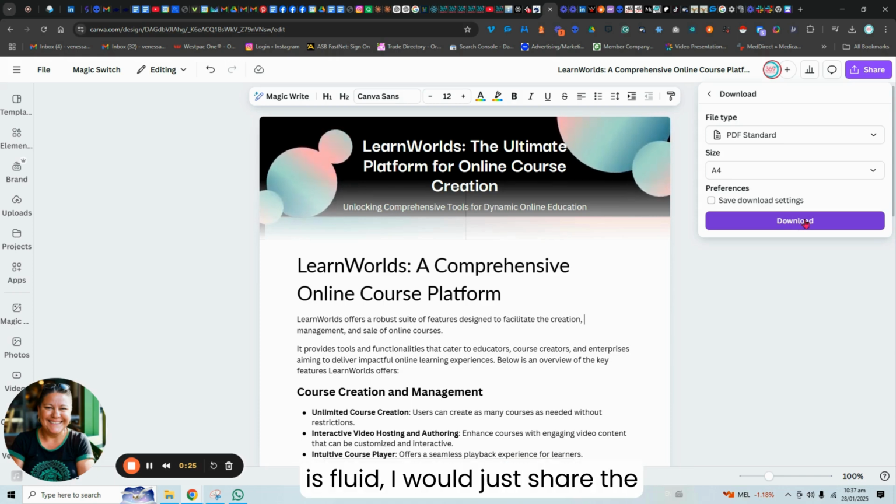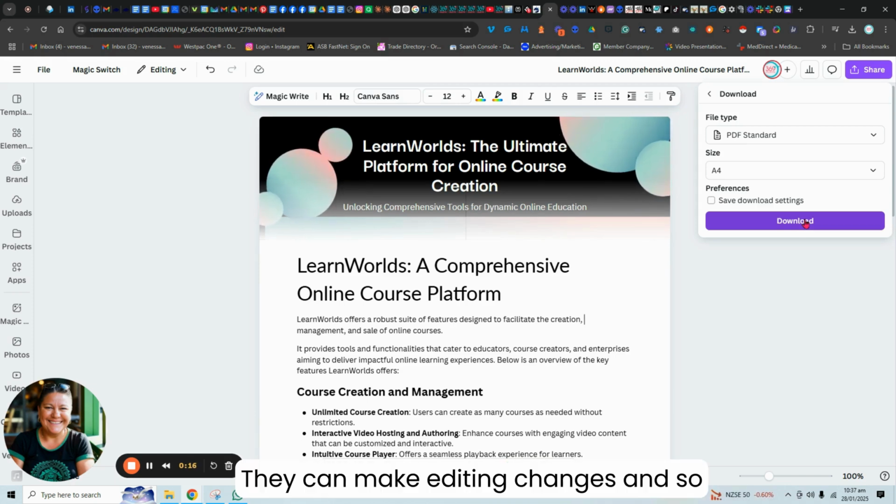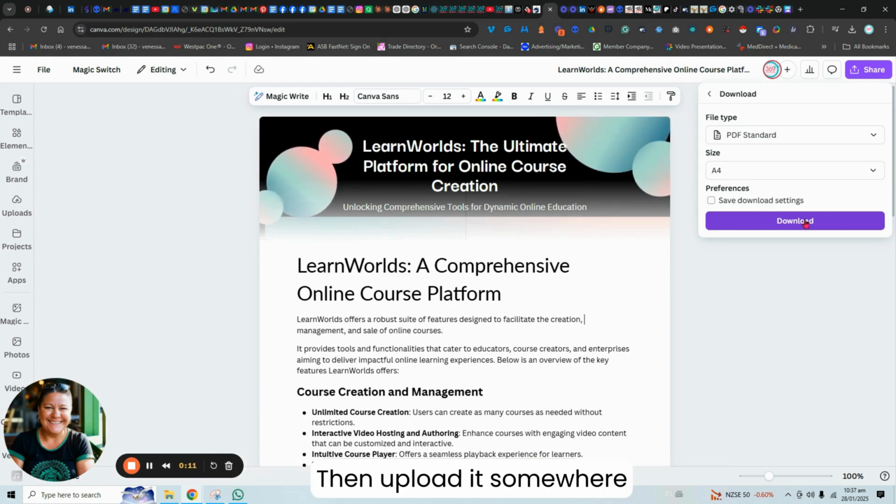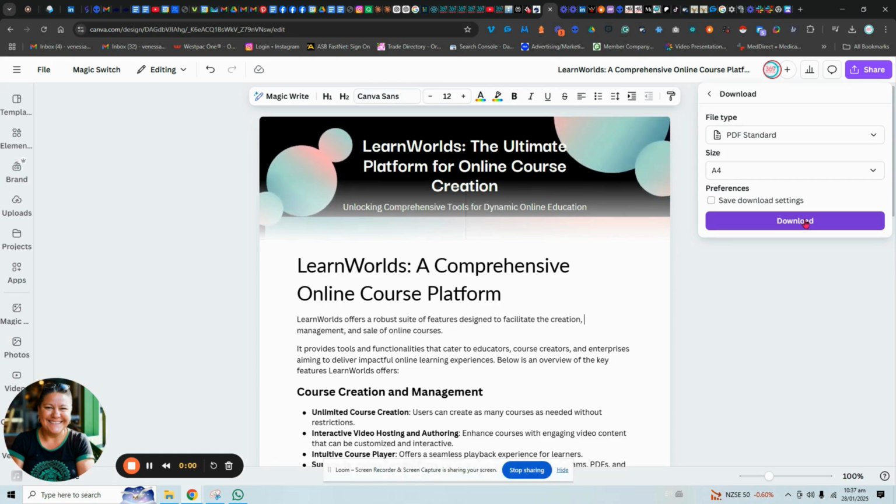If the document is fluid, I would just share the Canva link, and then people that you send it to can comment, they can make editing changes and so forth. But basically, you're going to download this PDF, then upload it somewhere in the cloud so that it's got an online link and people can download it. Ideally, you want this linked to a